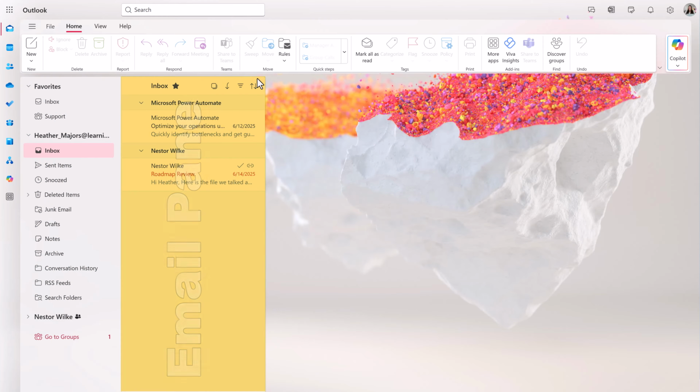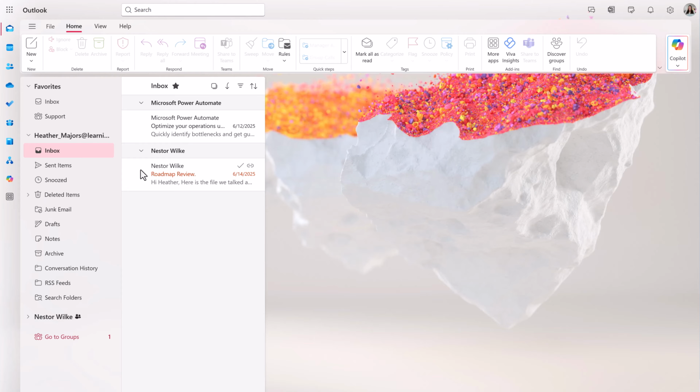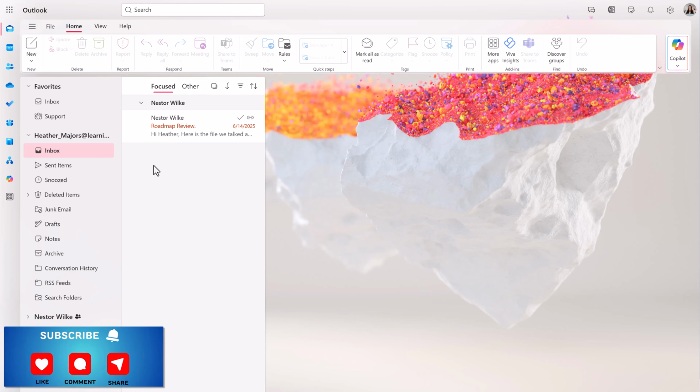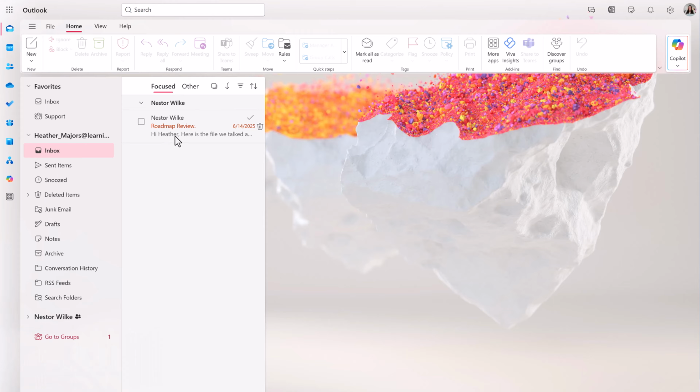You have two viewing options. The combined view shows all of your emails together, and the focus view separates your inbox into two tabs, Focused and Other. Your most important messages are on the Focused tab, and everything else goes to the Other tab. Outlook takes into account emails and contacts with whom you interact, and it filters out sources like automatically generated messages